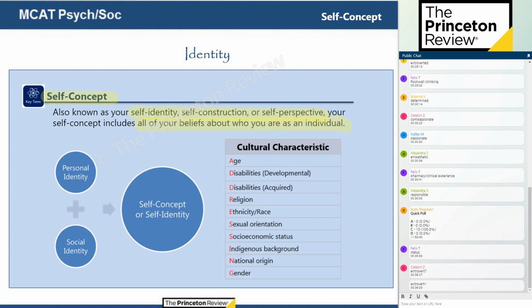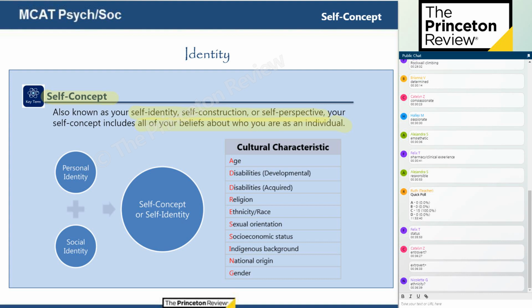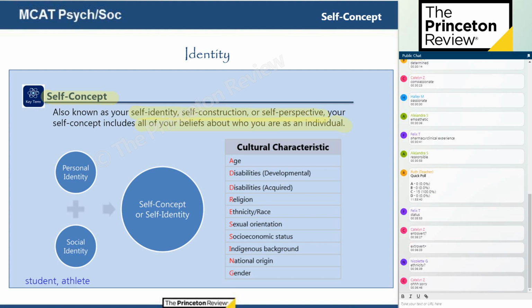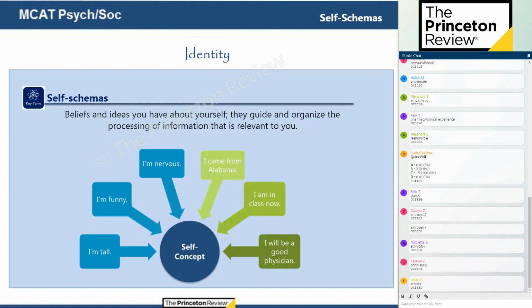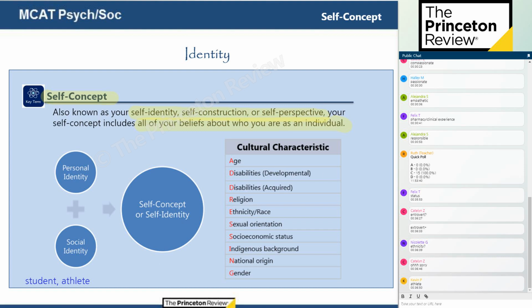Extrovert could also be how you personally identify yourself. Yeah, some of the terms we used were student and athlete. Right. Personal identity, another one, oops, sorry. Didn't mean to switch yet. Another that could go either place would be like female, because society and culture IDs you as that. But you also would personally identify yourself as that.